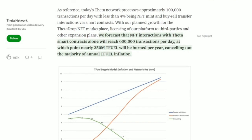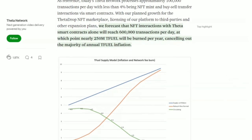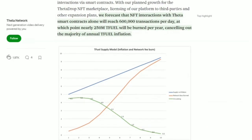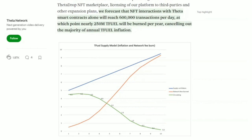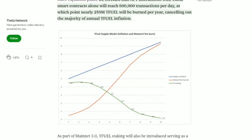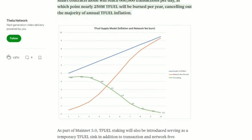Now, as a reference, today's Theta network processes approximately 100,000 transactions per day, with less than 4% of those being NFT mint and buy and sell transfer interactions via smart contracts. With our planned growth for the Theta Drop NFT marketplace, licensing of our platform to third parties, and other expansion plans, they forecast that NFT interactions with Theta smart contracts alone shall surpass 600,000 transactions per day, at which point nearly 250 million T-Fuel will be burned per year, canceling out the majority of annual T-Fuel inflation. So we're canceling out inflation, which makes T-Fuel deflationary, which is going to make that price do things that can only be done with no gravity,